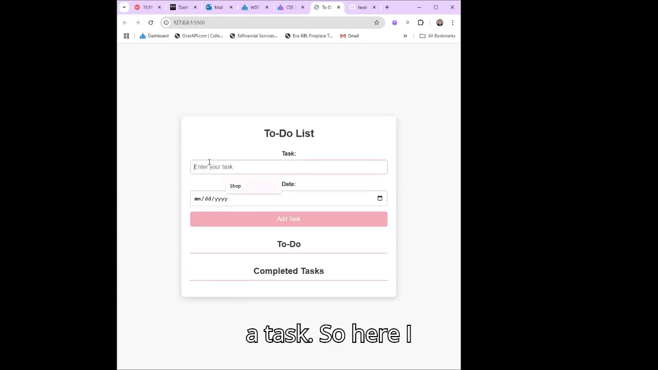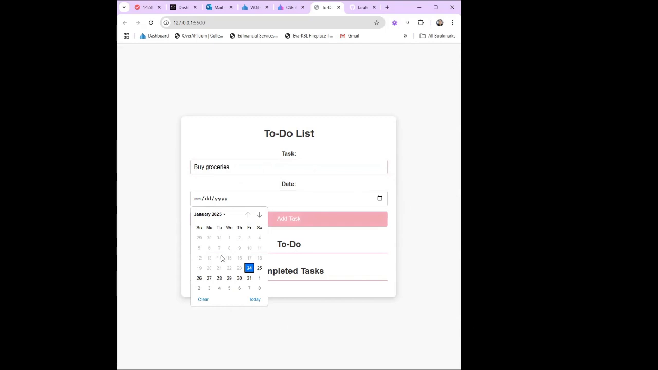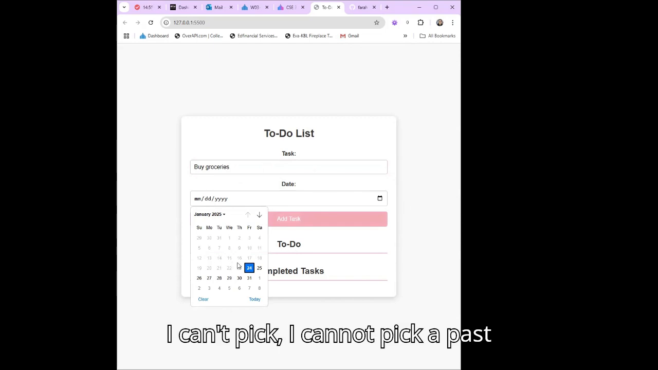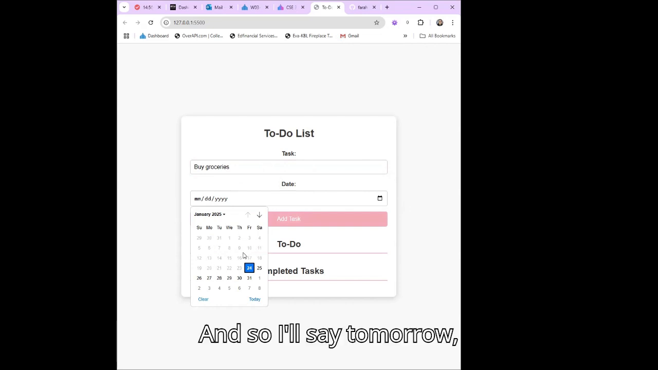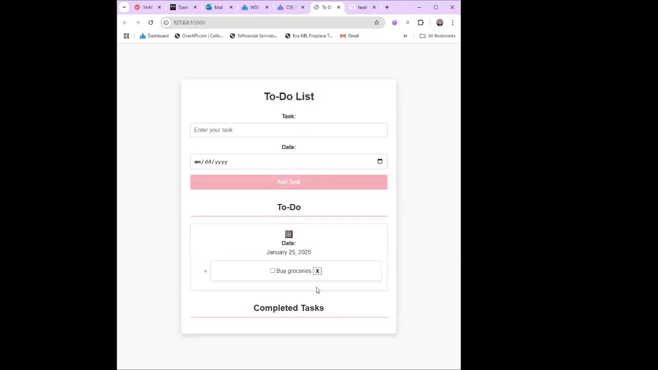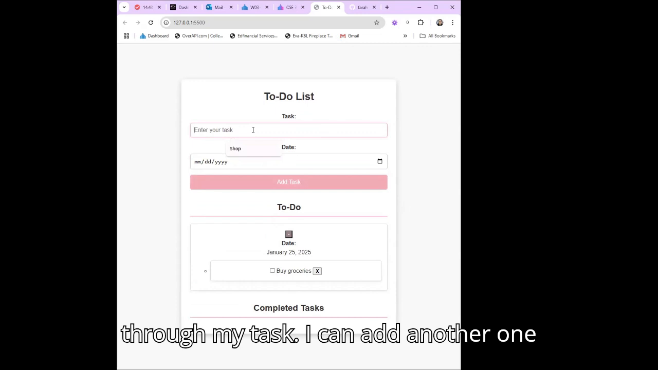Adding a task. So here I can type a task description like buy grocery. Okay, and the app ensures I cannot pick a past date, which helps me stay on track, but that's why it's looking grayed out. And so I'll say tomorrow, and here is a task. I can toggle through my task. I can add another one like